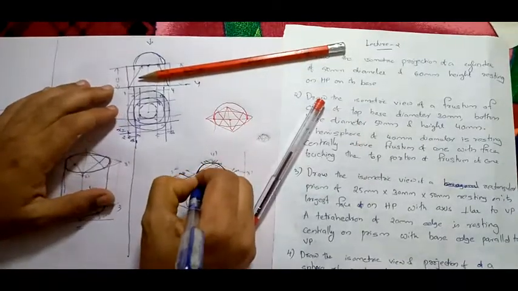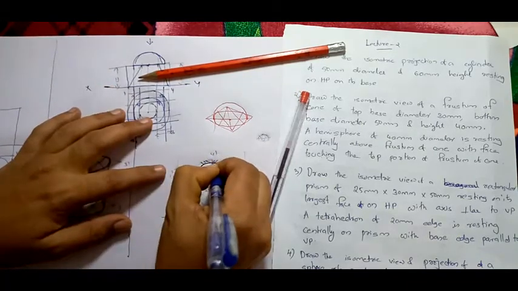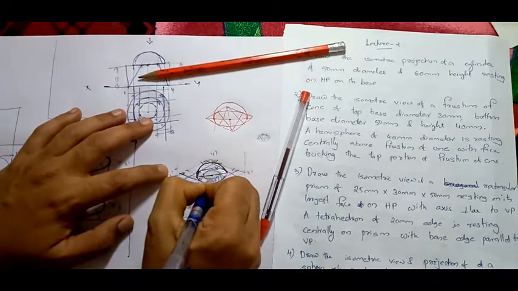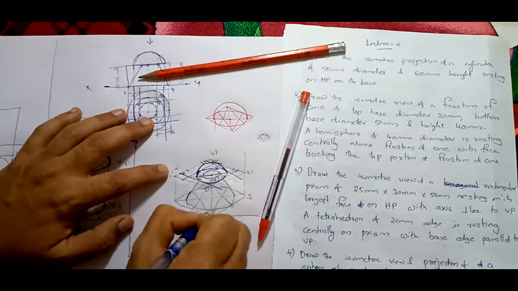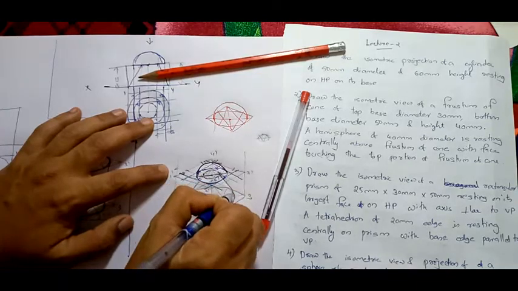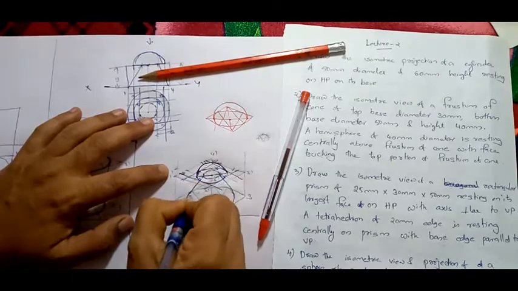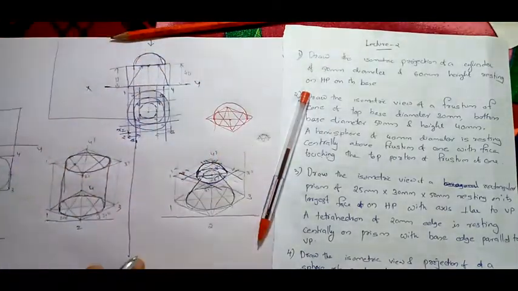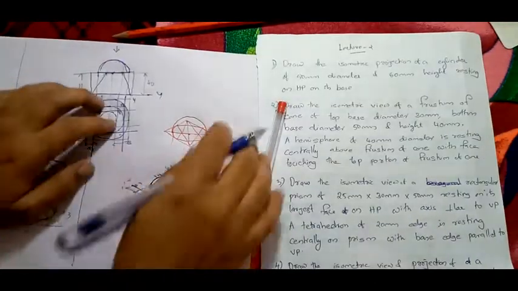Now after drawing it, this will be your visible area, this will be dotted. Make this dotted. Now this will also be dotted inside, right? So this will be your dotted line. Now this will be a visible line, this will be visible, this will be visible. Inside that will be dotted, and this will also be dotted. So your final figure will be like this. It's very difficult to draw this figure.